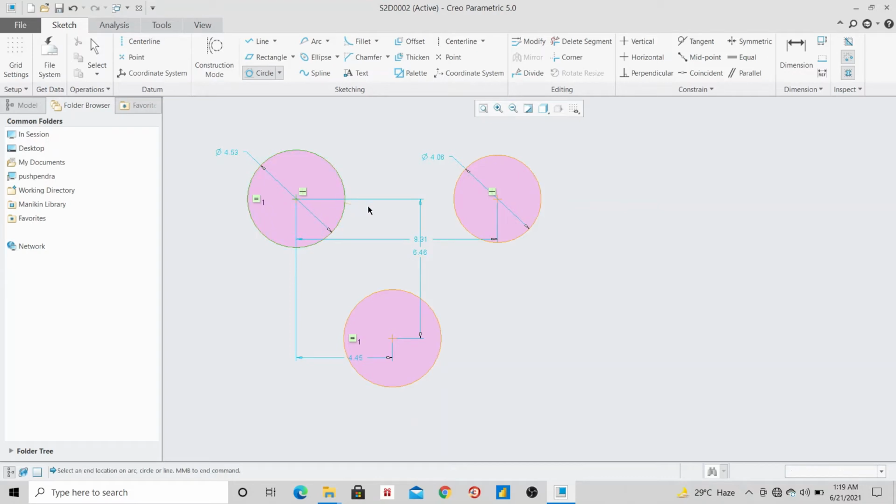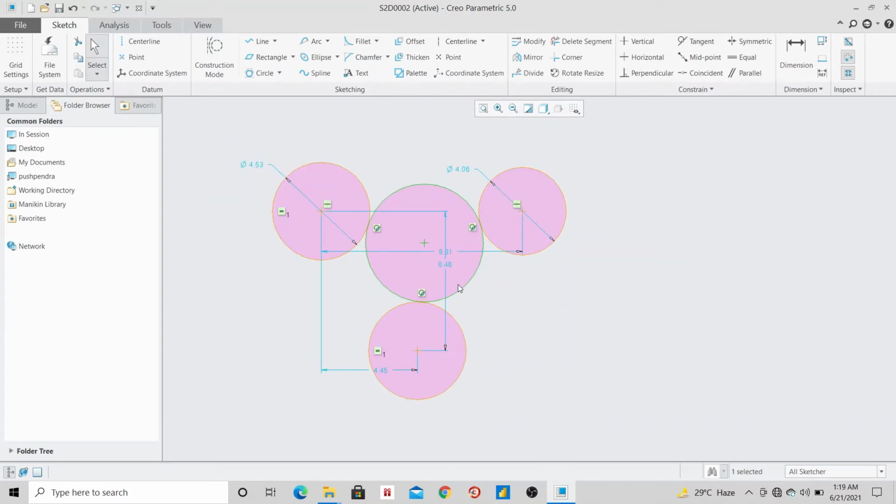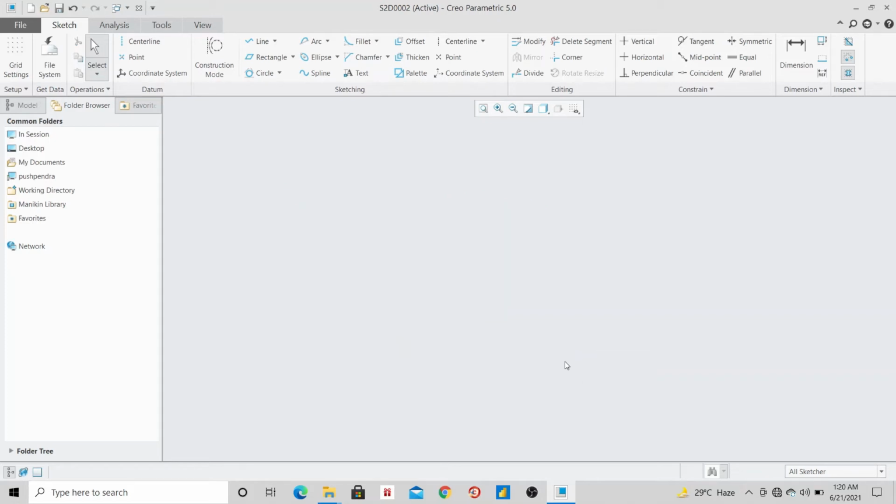I will select the 1st, 2nd, and 3rd point, and my circle is drawn. And this center circle is tangent to all these 3 circles on the outer side. I have only defined the points where it will be tangent. So in this way, we can use center circle commands to draw our design profiles.